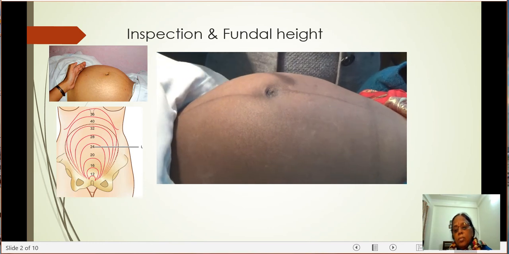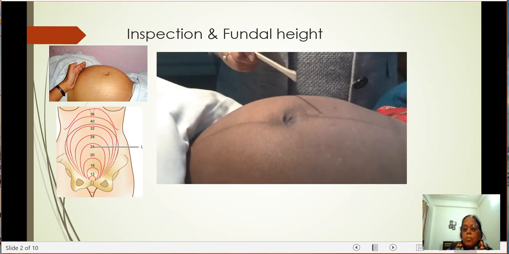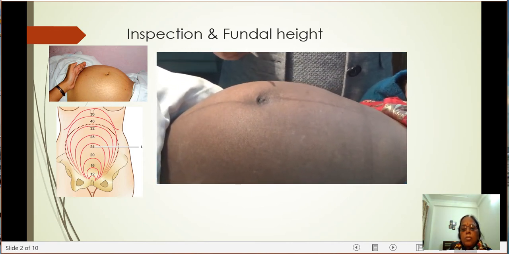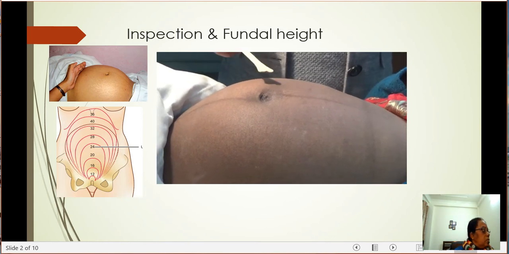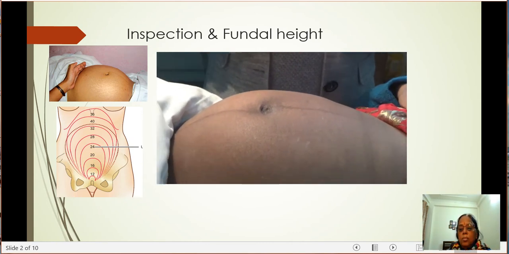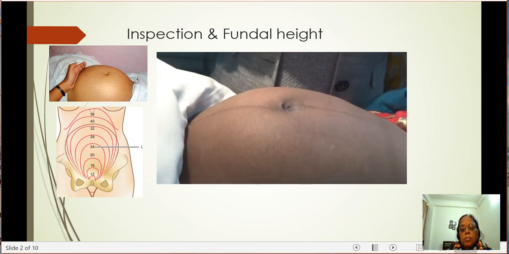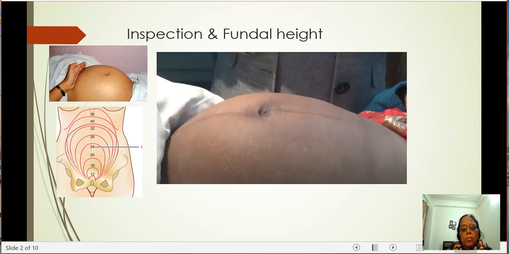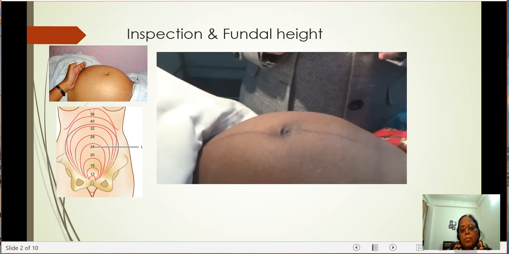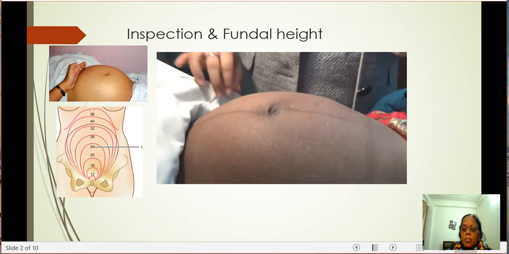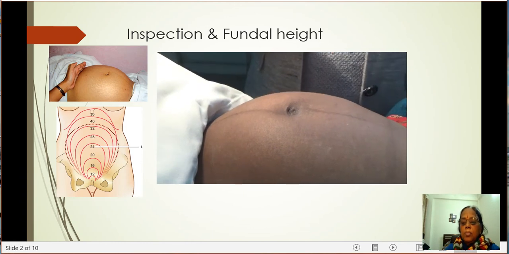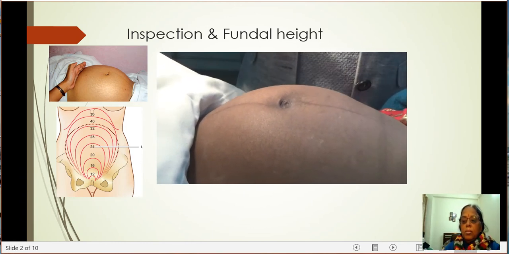Then we will look at the position of the umbilicus and whether it is inverted, flat or everted. In this case, we can say the umbilicus is centrally placed and is flat. Other than these, we can also look for any visible skin changes, any scar mark present in the abdomen, any dilated veins, enlargements, or the hernial sites, whether any hernial enlargements are present in the abdomen. After checking all these things, this will complete our obstetrical inspection of the patient.